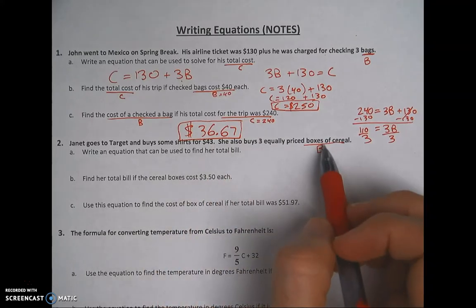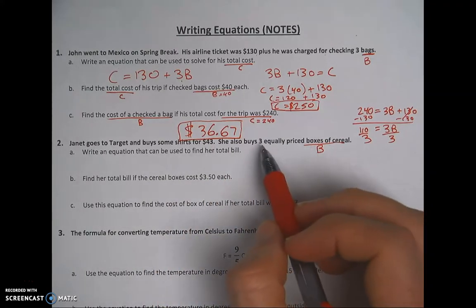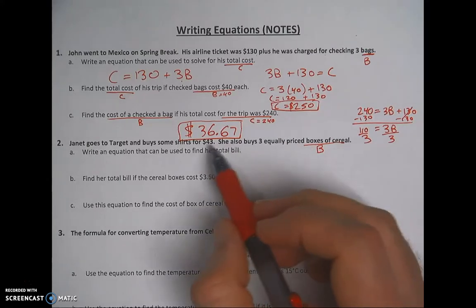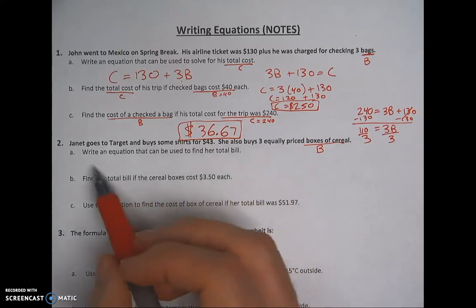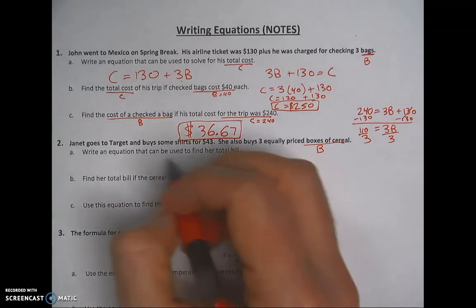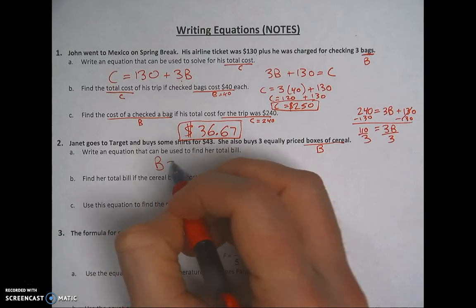The price over here matters because there was 3 of them. So once we know what that cost was, we would multiply that by 3, tack on the 43, and that's her total bill. So write an equation that can be used to find her total bill. So this equation needs to solve for the bill. So B